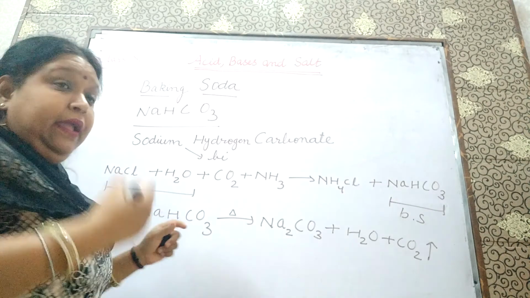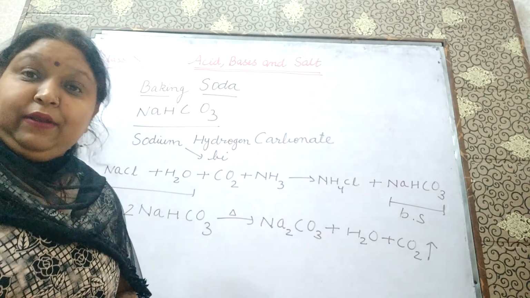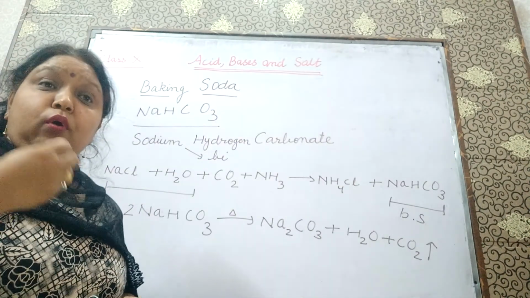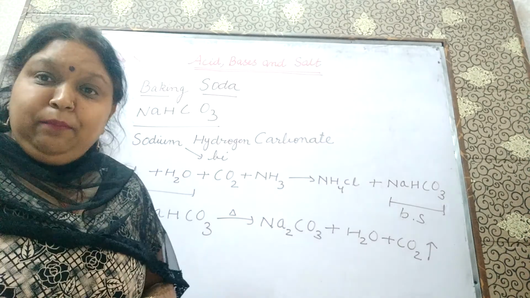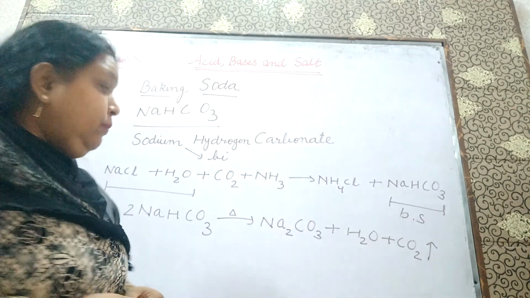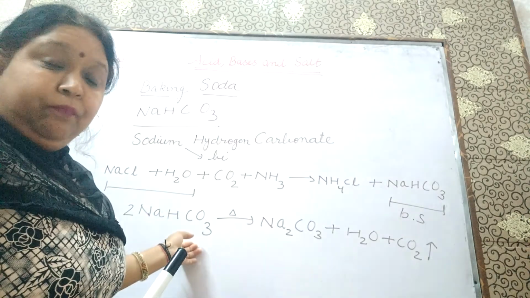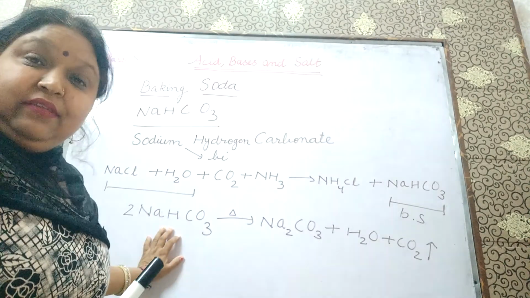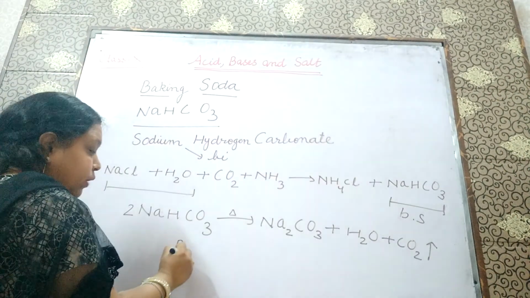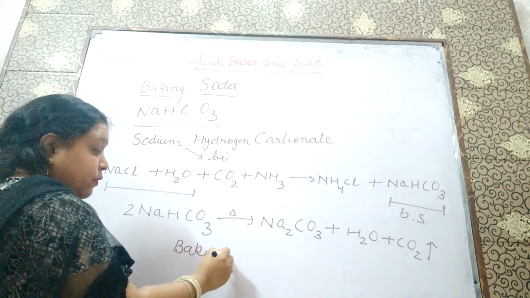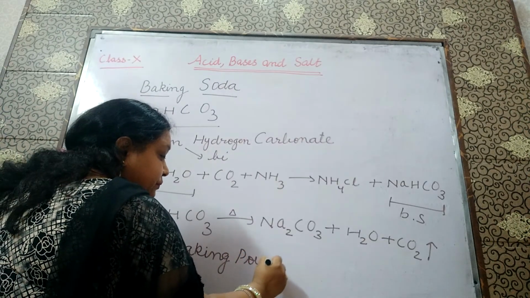It can also come like this, that there is one cook, he wants to bake one cake and he forgot to add one main ingredient for making of cake. What is that main ingredient? That main ingredient is baking soda, and next we are going to read baking powder also. Baking soda plus tartaric acid, when we add both, then it will form baking powder. He forgot to add baking powder to his cake.